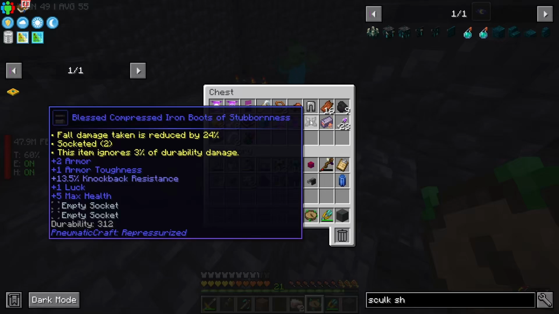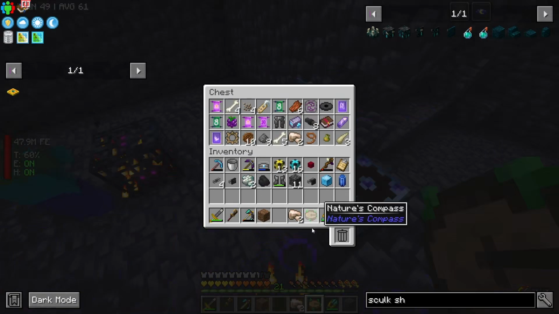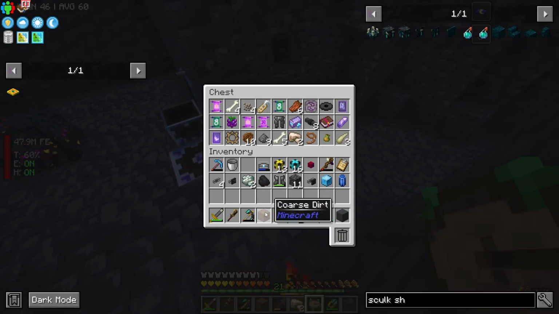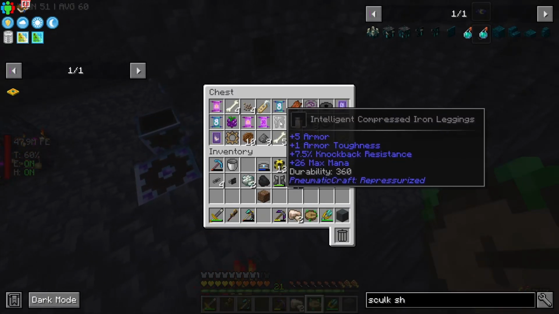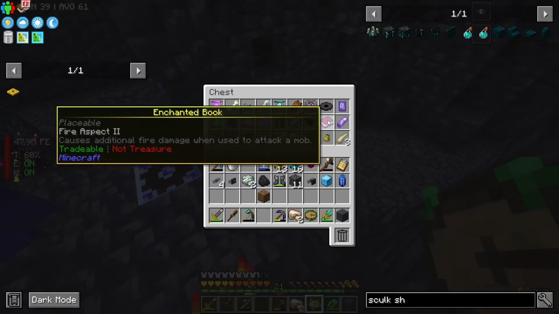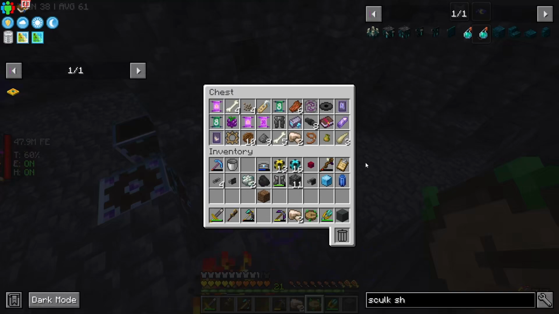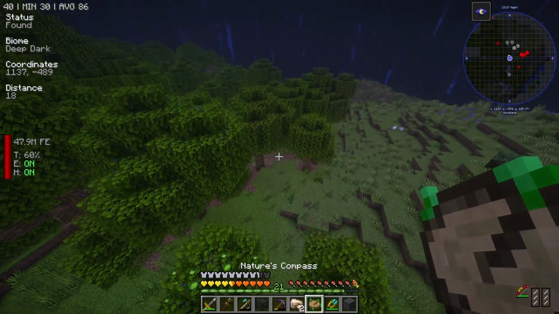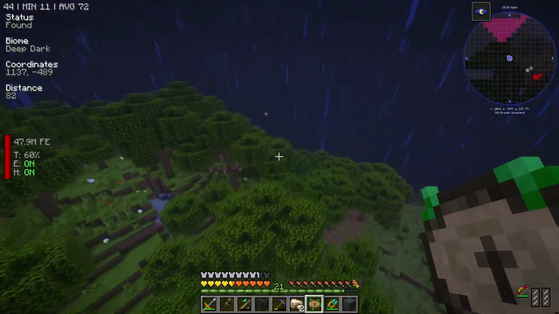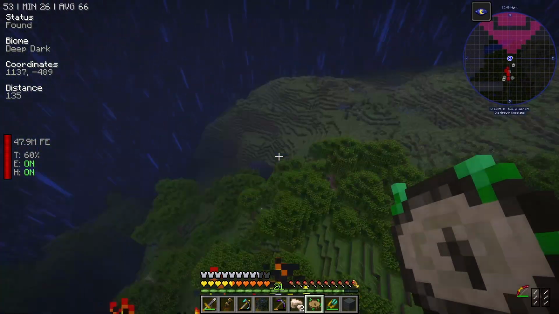Is there anything else that we want? You know what? While I'm here as well, I may actually just borrow this spawner. Because, hey, can't go wrong with an extra spawner. Warping is pretty cool. Yeah, okay. Alright, so yeah, this one's right here. I'm just gonna keep going. I will definitely regret not having a warp stone, so...